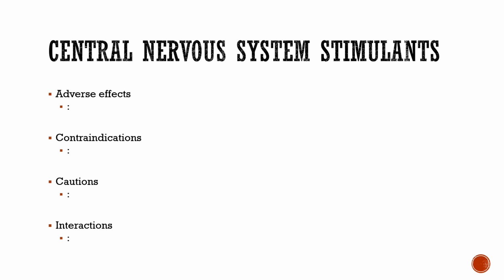Contraindications: cardiovascular disease, psychosis. If they already have psychosis or extreme anxiety and agitation, it's not a good idea to give them this. Be careful in people that have a history of drug abuse. Interacts with MAOIs, of course. Also can interact with OTC decongestants. Think back to the OTC decongestants, the pseudoephedrine. That's causing that CNS stimulation. We will continue to exacerbate that. And then caffeine, again, CNS stimulation.